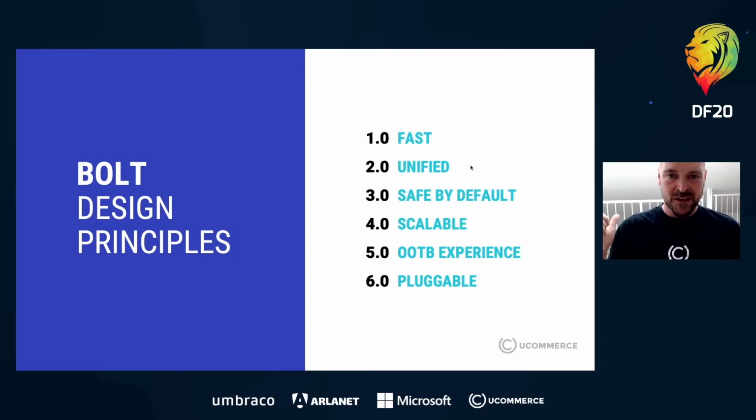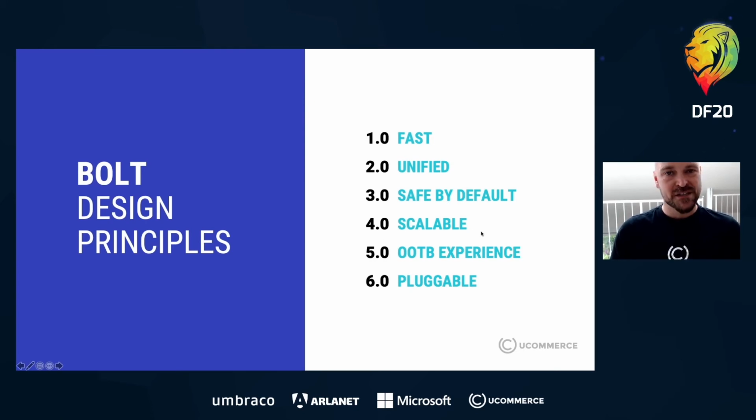So we wanted to make sure that full text search, faceted navigation, which are key staples of e-commerce, as well as standard queries, were all unified into one go. We wanted to make sure that the API was safe by default. We previously had APIs that were very, very flexible, so you could do all sorts of things. They afforded you a lot of opportunities, but they also were fairly easy to create very slow solutions with. So we wanted to make sure that the APIs we provide are safe by default.